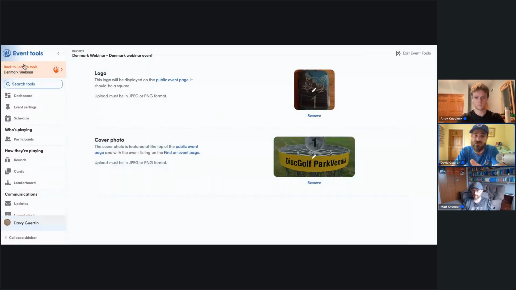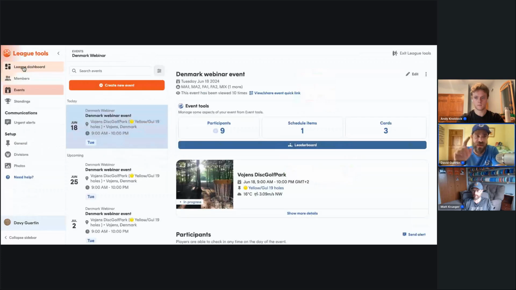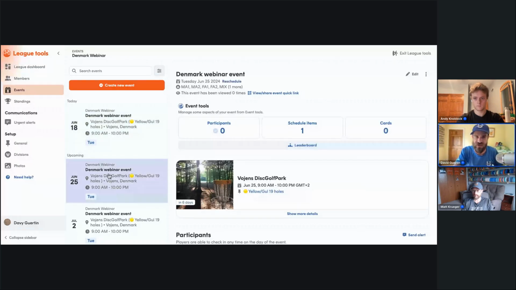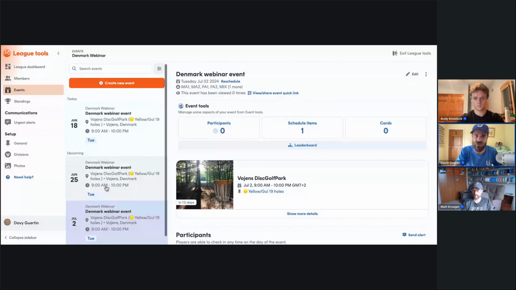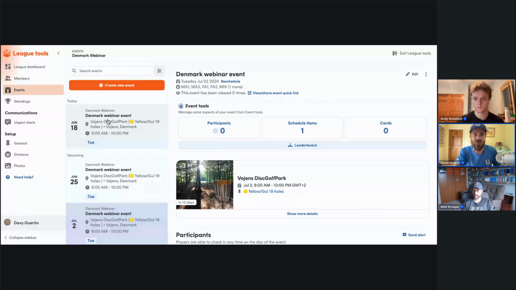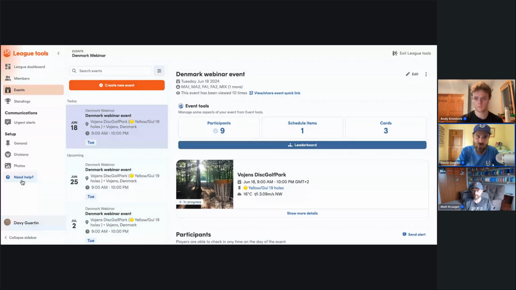Similarly, if you're in your league tools overall, in the upper left I see orange league tools. That means I'm now looking at my whole league, not just this specific June 18th event. I can even look at next week and weeks in the future. There's also a need help button here